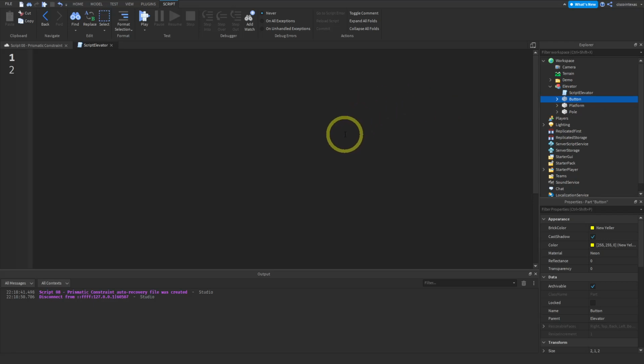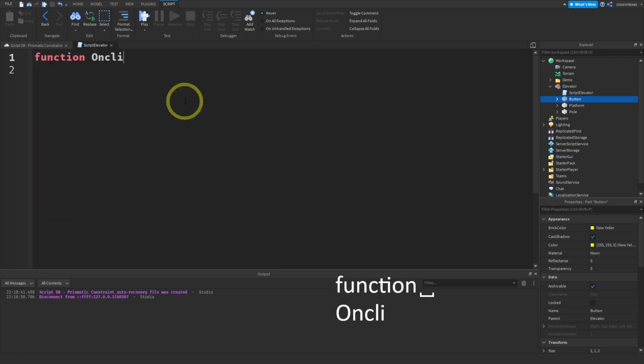Okay, so again, what we want is a function onClick, and then we want an event. Okay, and let me think. You know what? Let me show you actually. Here's the ugly way to do this, right? Because what you need is the click detector. So let me show you the ugly way to do this, and then we'll use a variable to make this nice and neat. Okay, so here's our script,